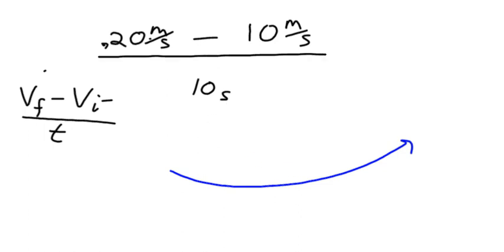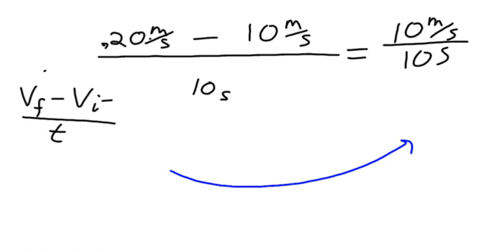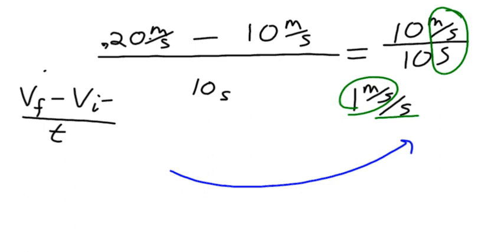20 meters per second minus 10 meters per second equals 10 meters per second, divided by 10 seconds, which means that we had an acceleration of 1 meter per second every second. What this means is that every single second, my car was accelerating with an increased velocity of 1 meter per second added, which kind of brings true to the formula. When you take a look, we now have 1 meter per second every second. This unit is also found here if you take a look there, which also kind of brings true to what I was saying earlier when I said the unit will typically be found